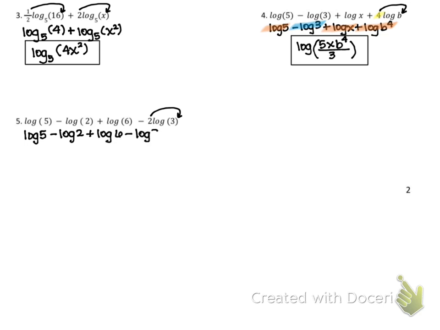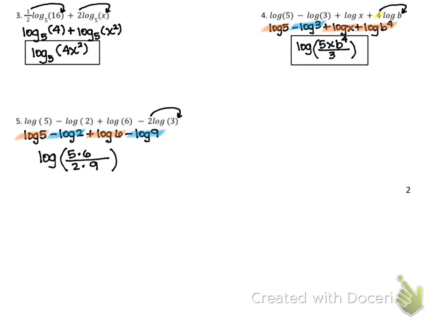Minus 3 squared is 9. I have negative logarithms. Okay, all the bases match. I need a fraction. Let's start grabbing stuff. So positive 5 goes on top. Positive 6 goes on top. I'm going to put a multiplication dot there. You're not adding these when you pull them together. That's it for positives. Okay, negative, we have a 2, that goes on the bottom, times 9, that also goes